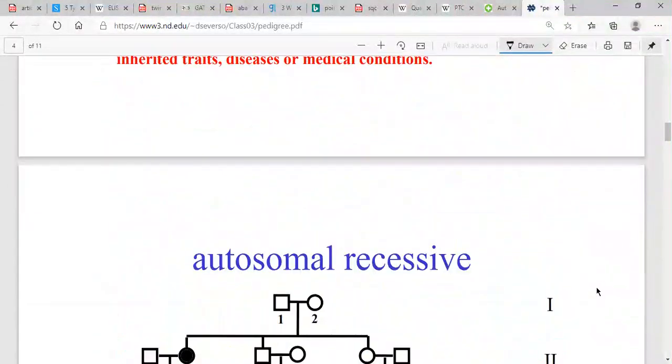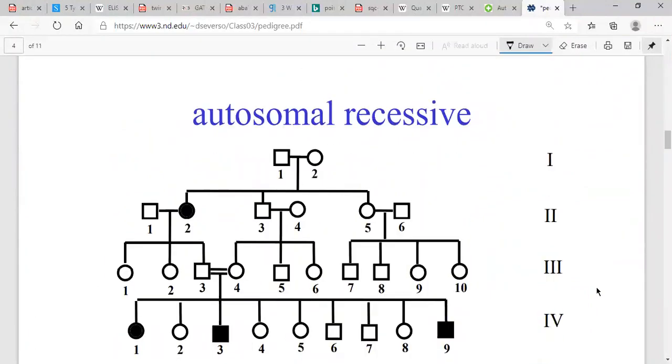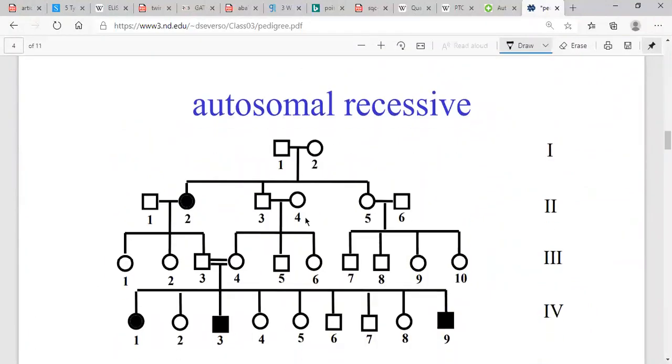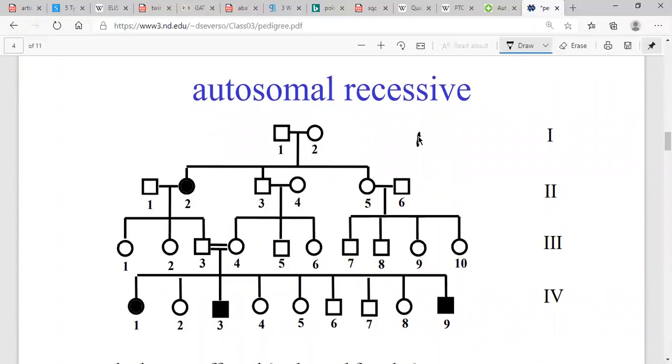Now come to the real life problems. Suppose you are given a pedigree chart and you have to tell what is the mode of transmission. They will ask you what is the mode of transmission. Then your answer will be autosomal dominant or recessive, that should be the answer, or they could ask you otherwise. So let me tell you some basic things.